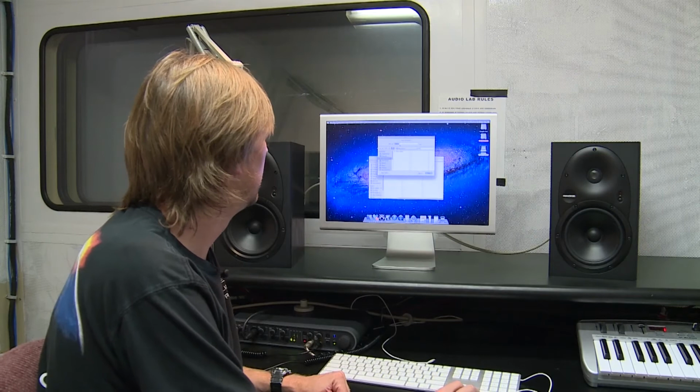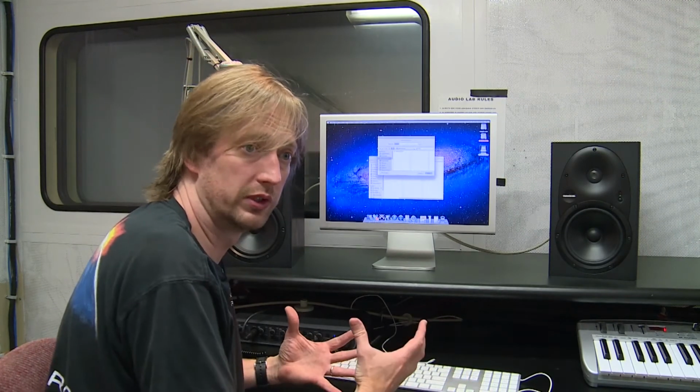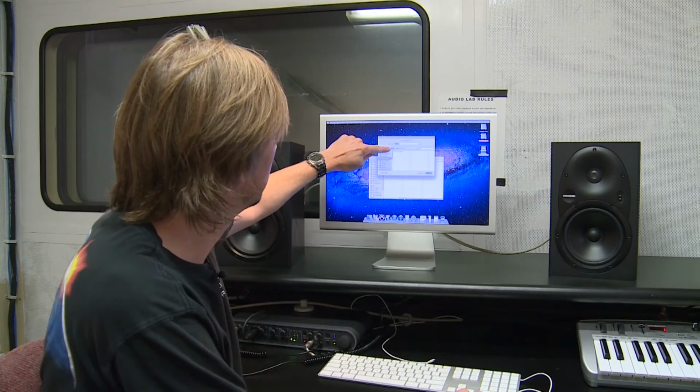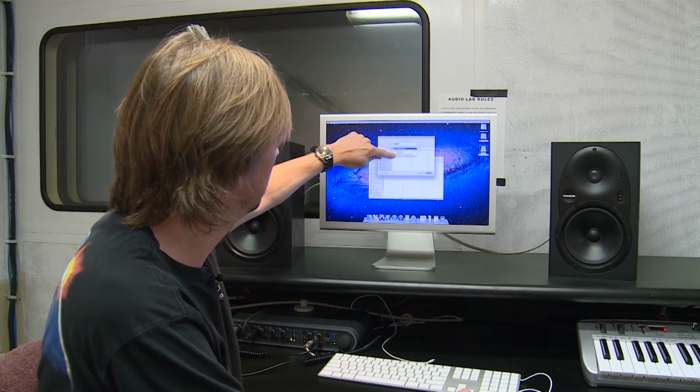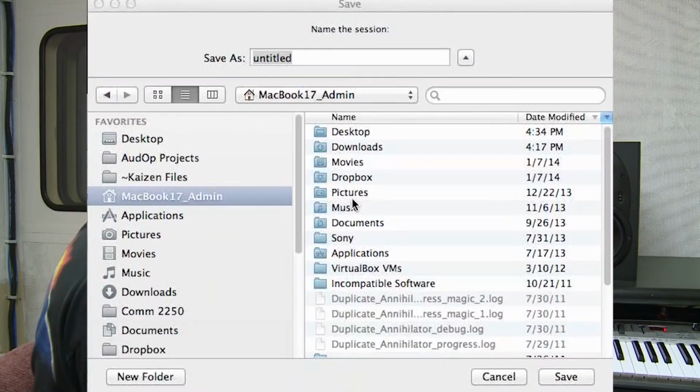Great. So now we need to make sure that we save this Pro Tools session in that folder that we had just set up before on our class drive. So we click this disclosure tree and we can see, oh, wait a minute, right now, by default, it's got me going into my user space. It's not where I want it to go. I want it to go to my hard